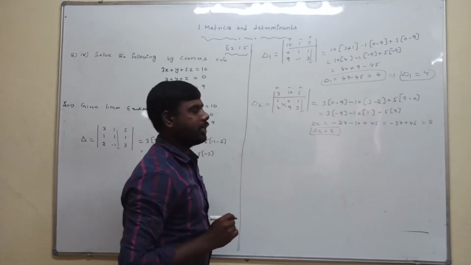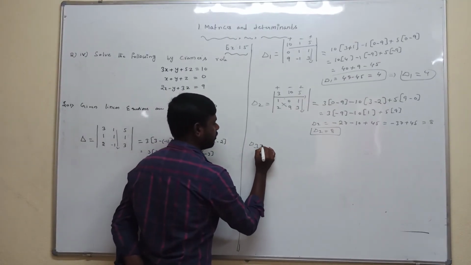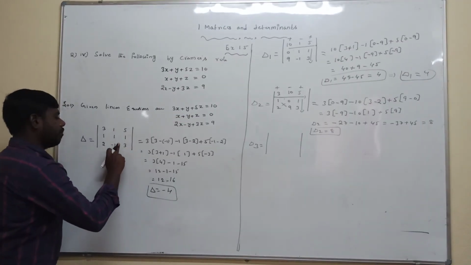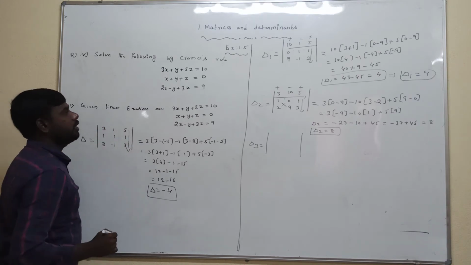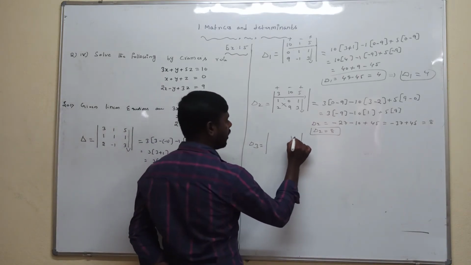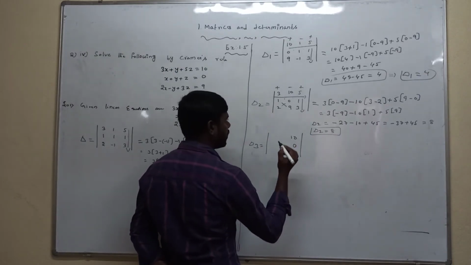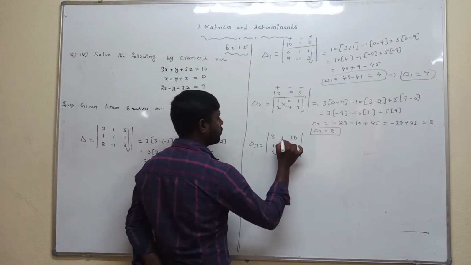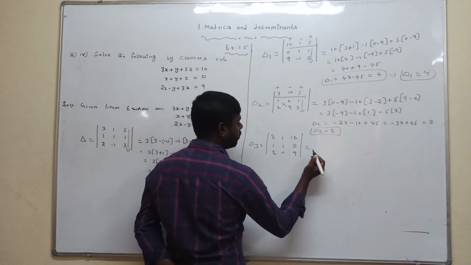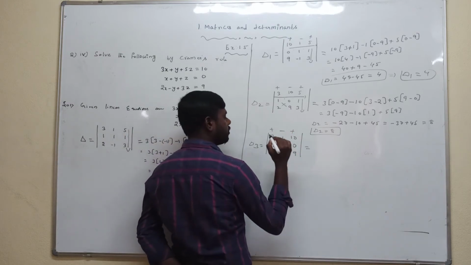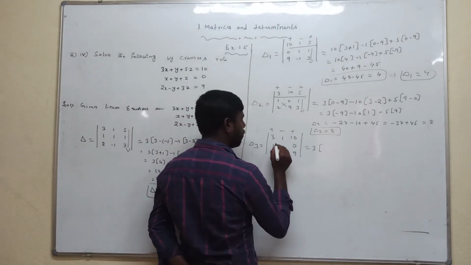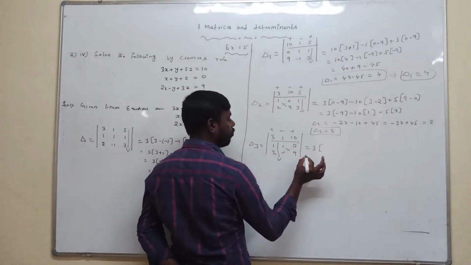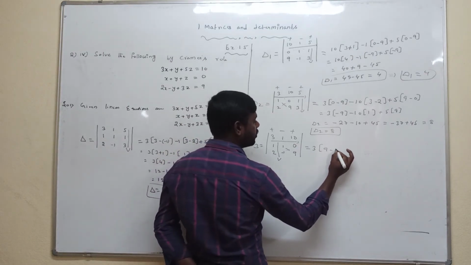So next we have to calculate delta 3. Determinant of delta obtained by third column replacing by constant elements 10, 0, 9. First column and second column do not change, write as this. First column is 3, 1, 2. Second column is 1, 1, minus 1. Find this determinant value, plus, minus, plus. First element is plus 3. Plus 3 present in the first row. First columns are eliminated. Cross multiply with the left of the elements. 1 into 9, 9. Minus 1 into 0 is 0 only.